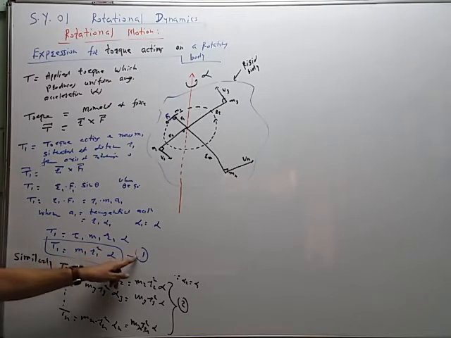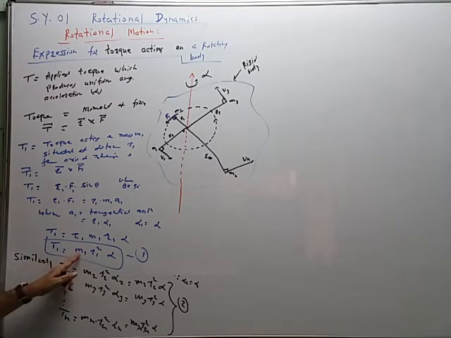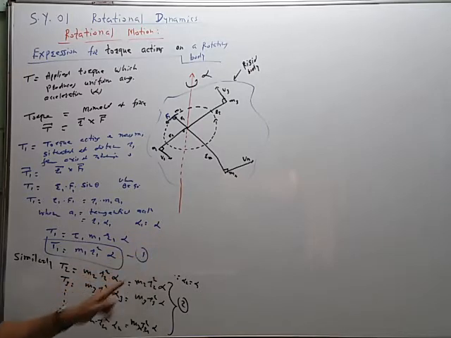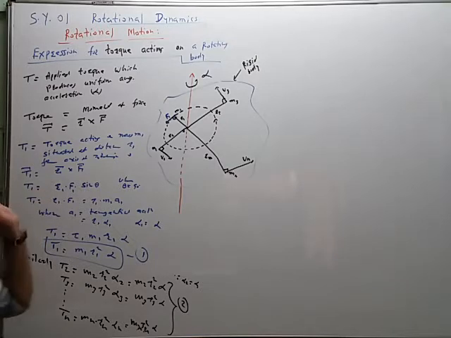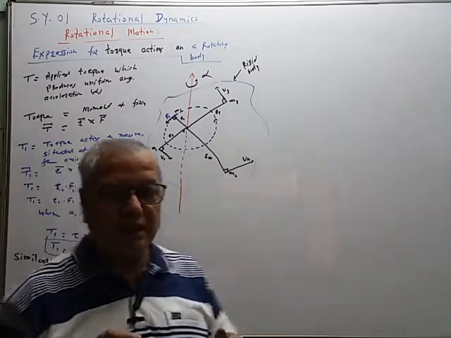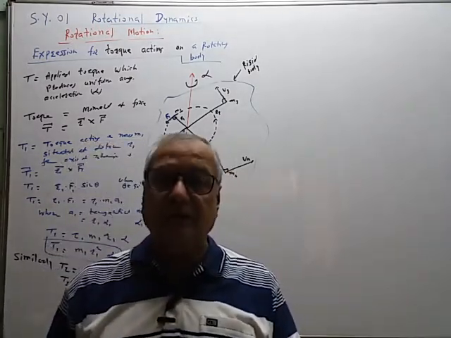So equation 1 gives the individual torque acting on the first particle of mass m1 situated at distance r1 and performing circular motion with angular acceleration alpha1 equal to alpha. For second particle, for third particle, for n-th particle like this. Now, in the last derivation of kinetic energy and this derivation of torque, there is one difference.